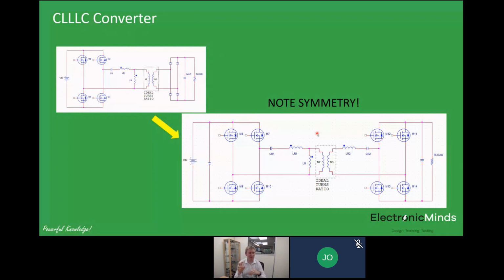So if you've not played around with the LLC converter, I would strongly recommend taking a look at it, at least from a theoretical perspective. And if you get a chance to build one, even better, because you'll be amazed how well these systems can behave. They're slightly more complex to design than a traditional converter, but it's well worth the effort. I think just to summarize now,